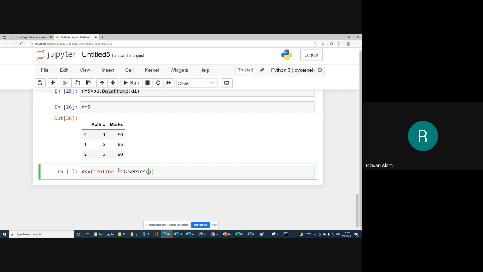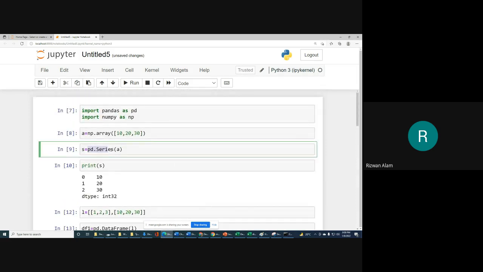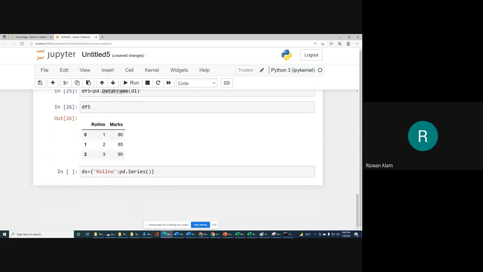Roll number is the key of the first element of the dictionary that we are going to create, and for the values that we want to associate with this key roll number, we are actually using a series. So we are going to create a series. How can we create a series? pd dot Series, as we discussed. In this series we can put a list as 1, 2, 3, 4, 5.